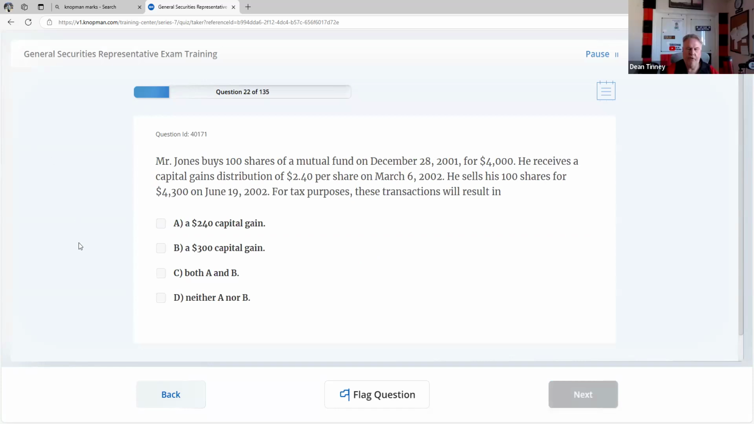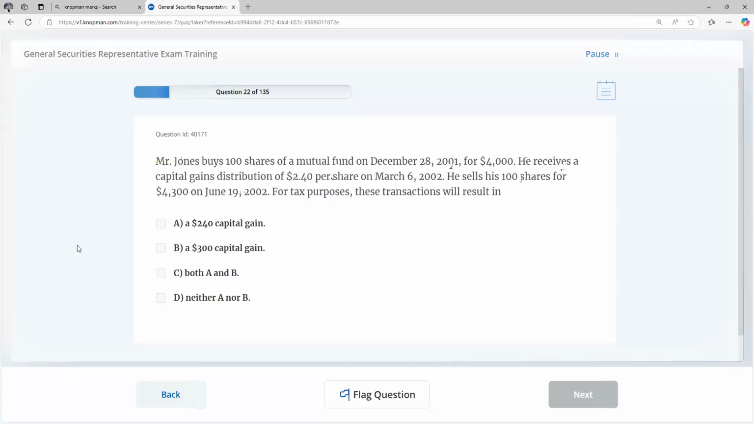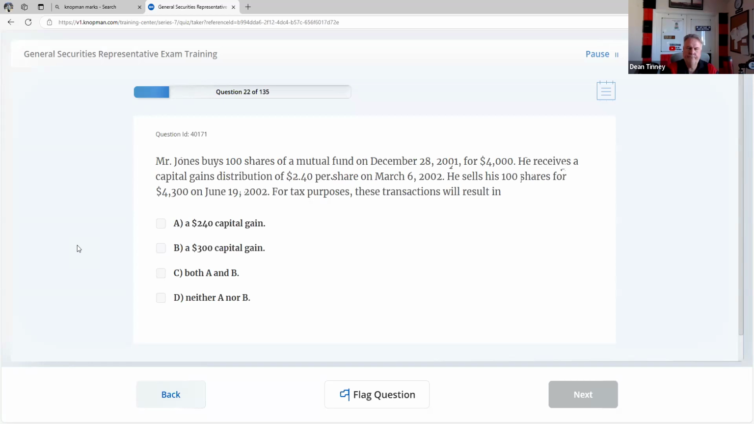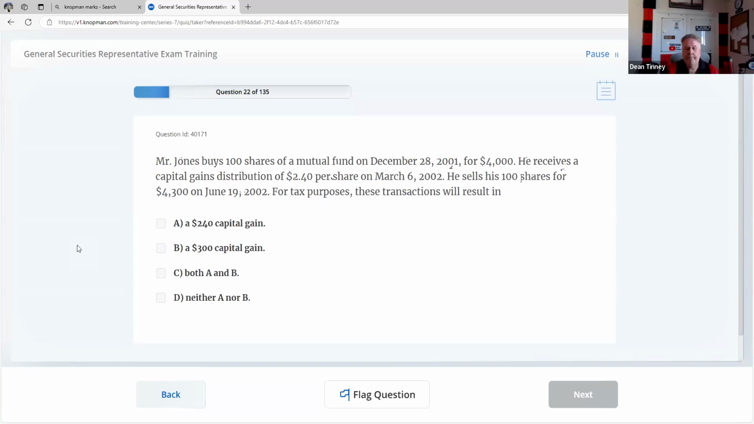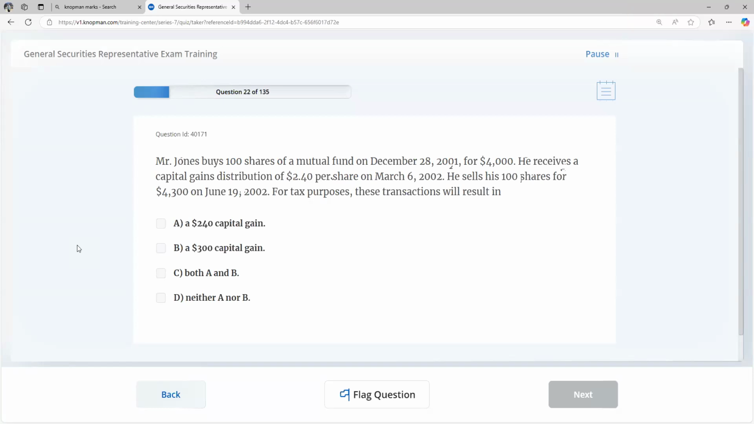I hope so. Mr. Jones buys 100 shares of mutual fund on December 28, 2001 for $4,000. He receives a capital gains distribution of 240 on March 6th. He sells his 100 shares for 4,300. For tax purposes, these transactions result in... I need to write this down. He buys 100 shares on the 28th for $4,000. That's right. So he buys 100 shares